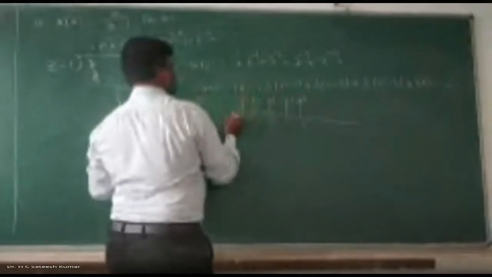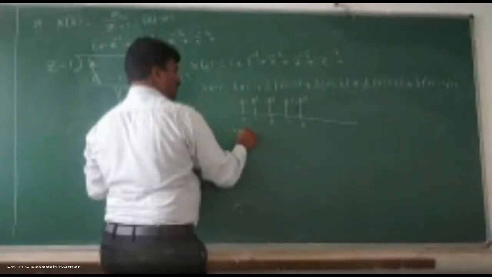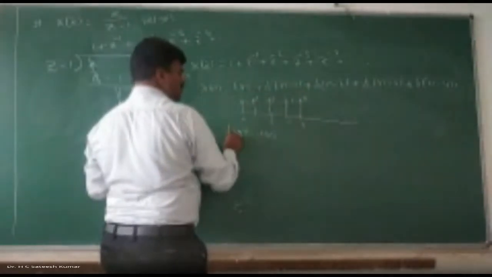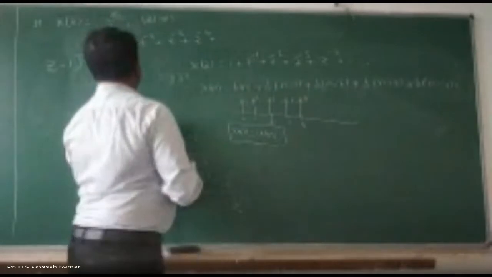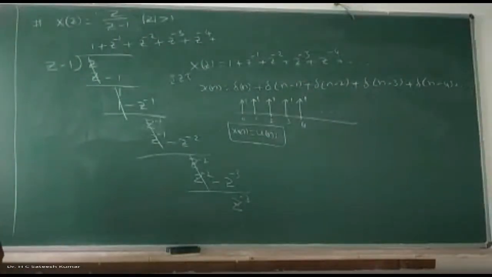So you know that this is just u of n now. Therefore x of n is equal to what? U of n, because starting from 0 up to infinity its value is 1. That is your u of n now. That's what we know now. Z divided by z minus 1 with mod z greater than 1 is what? Right-handed sequence, which is u of n. Inverse Z transformation of it, you can check in the table itself. So this is using the long division method. Will you agree with that?